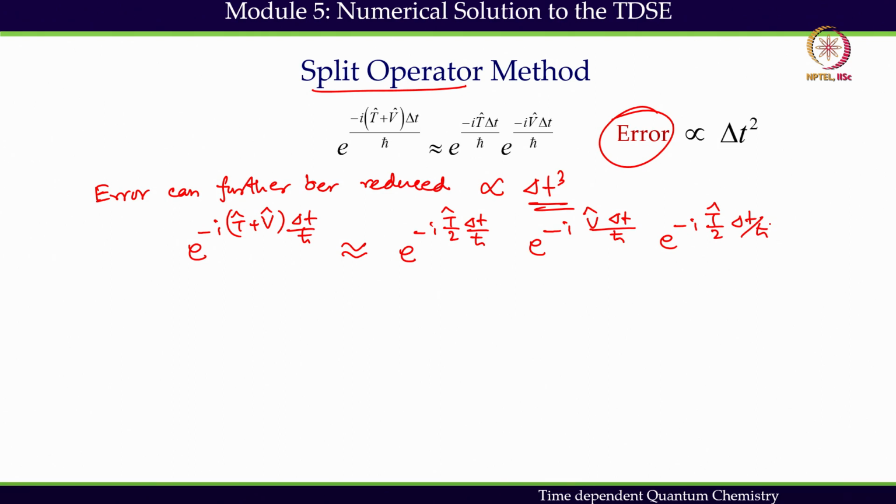This is a symmetrized product. Why is it a symmetrized product? Here I have the kinetic energy part, here I have the kinetic energy part, and here I have the potential energy part. If I take this kind of product, the symmetrized product,